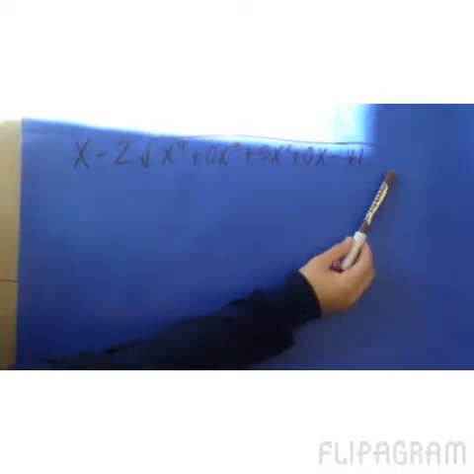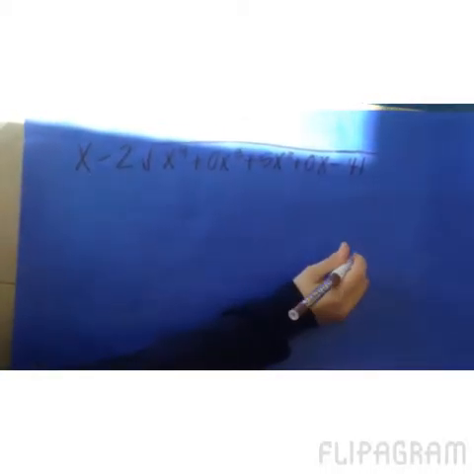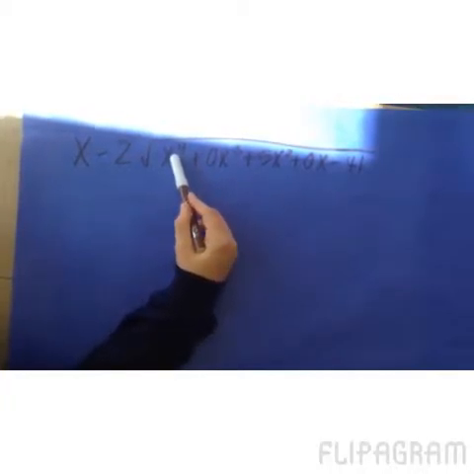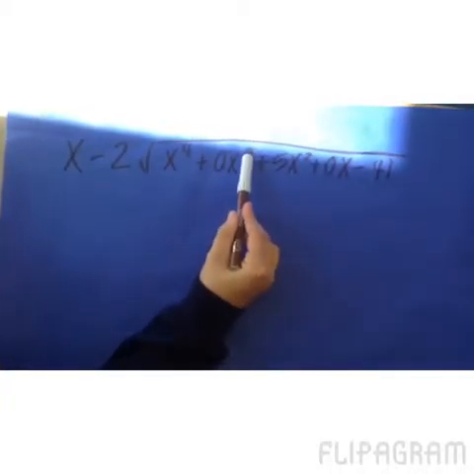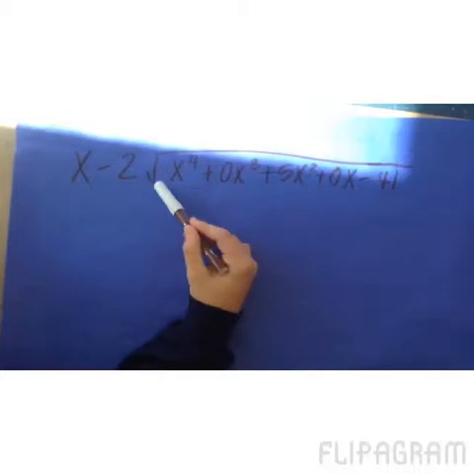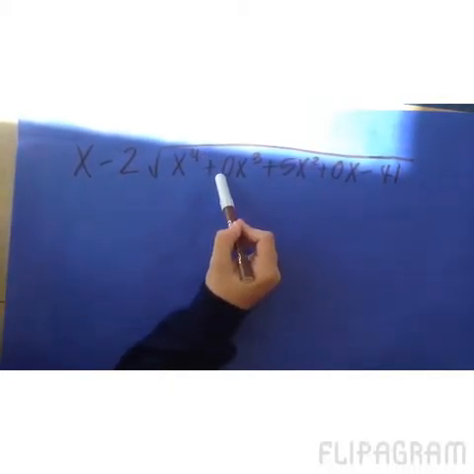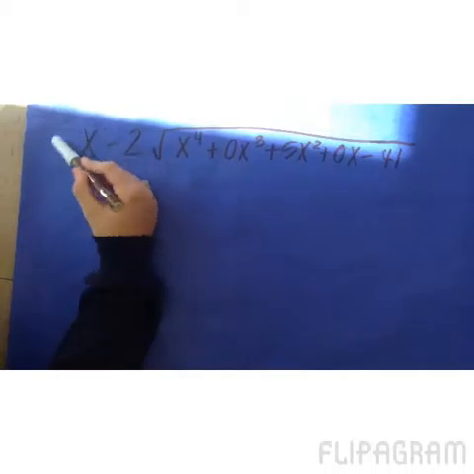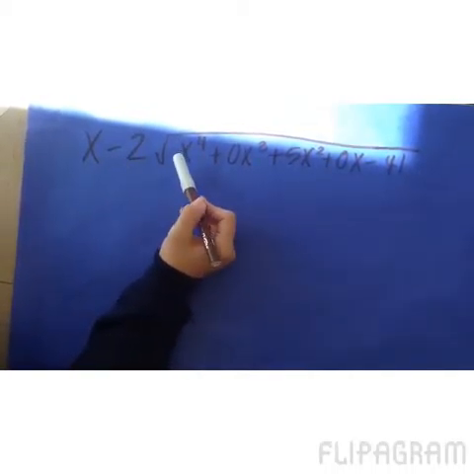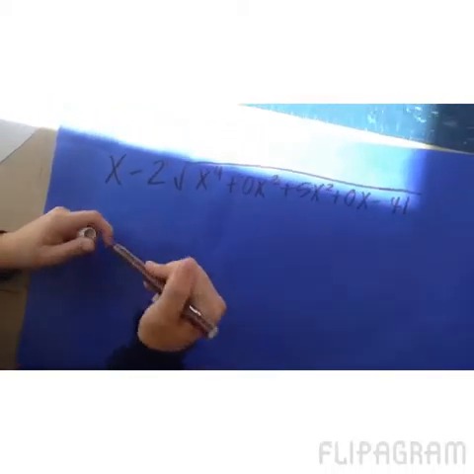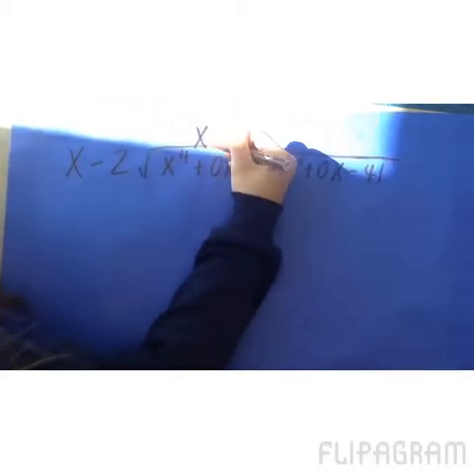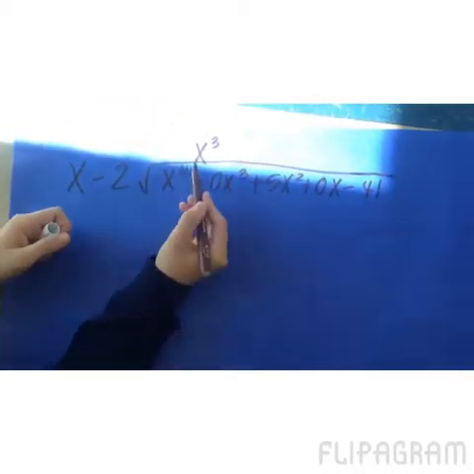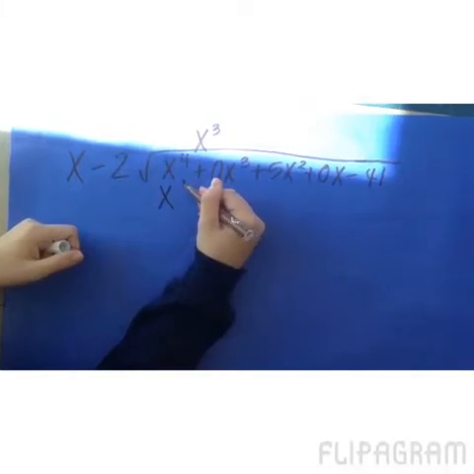Okay, this is how your equation is supposed to look, and you want to put the exponents in order. So if you don't have a cubed one, you want to put a 0 in there for that one. So it's x to the 4th, x to the 3rd, x to the 2nd, and just x. And then you want to find what times this equals x to the 4th. So x times x to the 3 equals x to the 4th, so you put x to the 4th, and